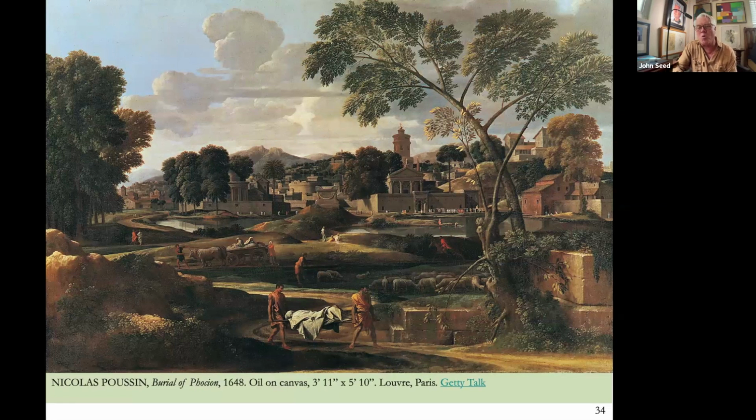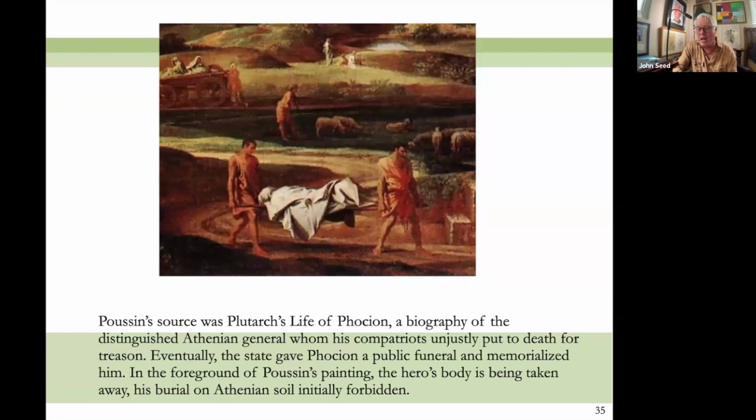Here's a painting that has a historical root, and we see this often in Poussin paintings. The Burial of Phocion tells the story of a general who had been banished. He was an Athenian general who was put to death unjustly for treason. So he is resurrected in Poussin's painting, and just as he was honored posthumously, he was given a public funeral and memorialized. So in the foreground of the Poussin painting, his body is being taken away. It's a hero's body being removed, and he's going to be buried away from Athenian soil because he has been